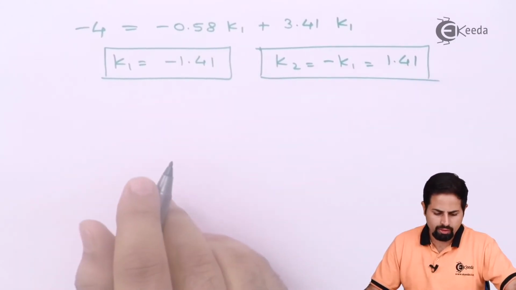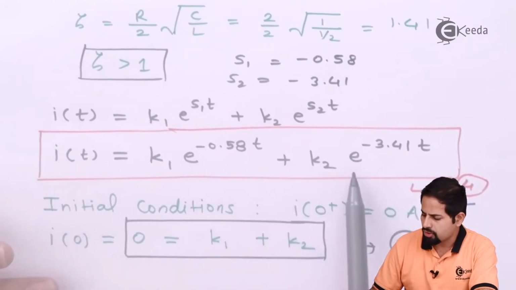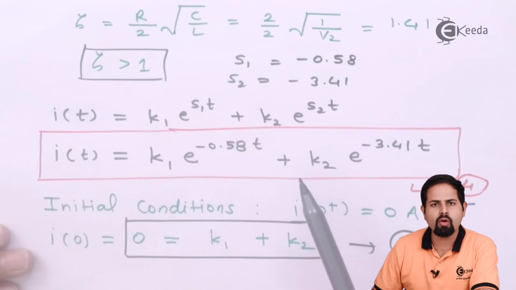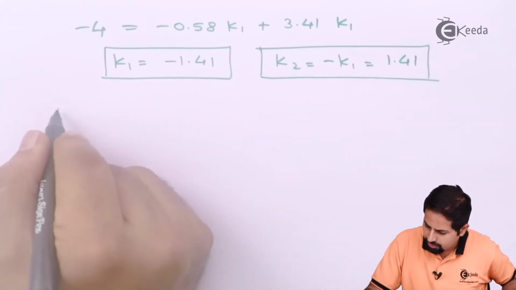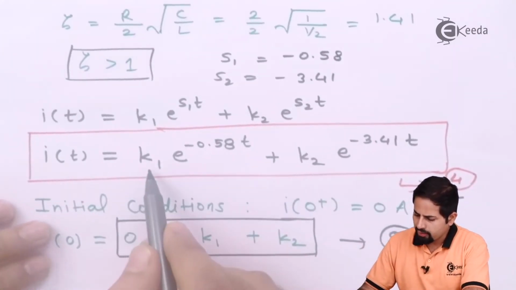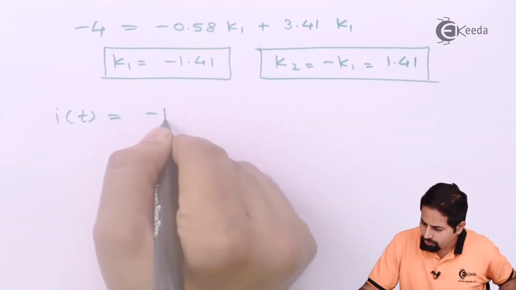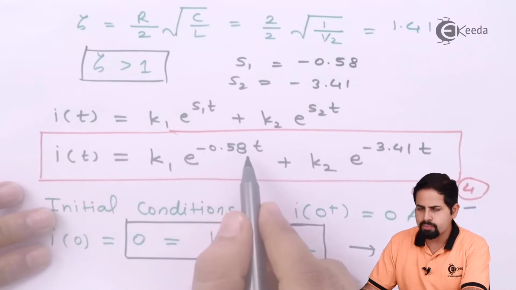So now we will write our original equation of I of t. This was our standard solution or general solution. By obtaining values of k1 and k2, we have got the particular solution. So we will now write I of t is equal to k1. We have got this k1 equal to minus 1.41, and then it is multiplied by e raised to minus 0.58 t,